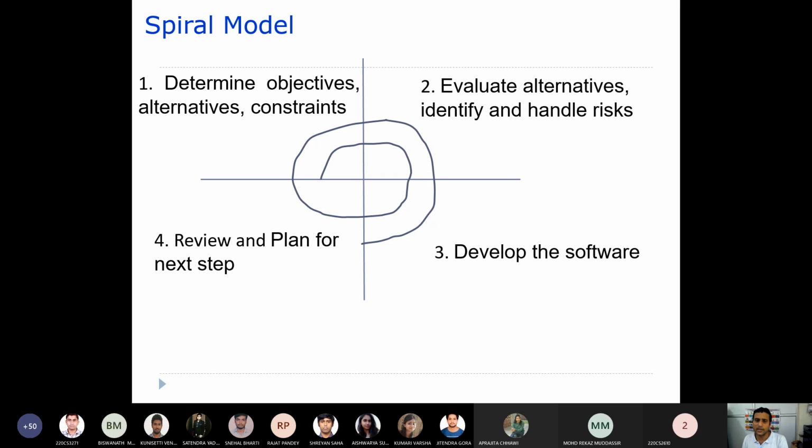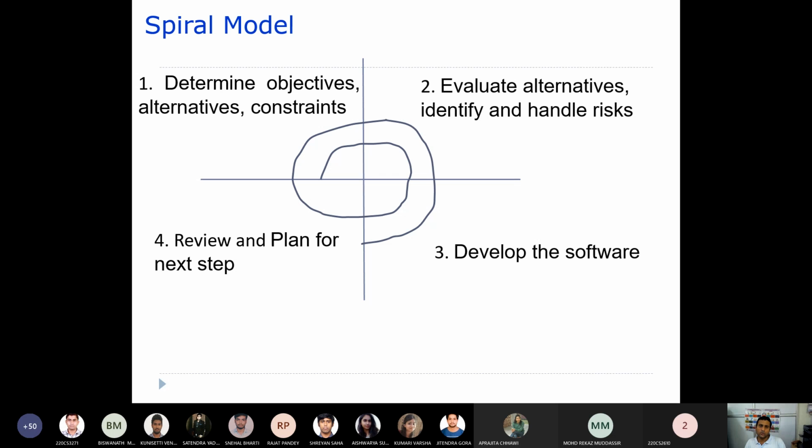Here we have mentioned only 2 loops, but you can have n number of loops. That depends upon the kind of project, whether it is a very large project, and its complexity. The development team will decide how many loops, but as of now you need to understand that each and every phase can have these 4 sectors.